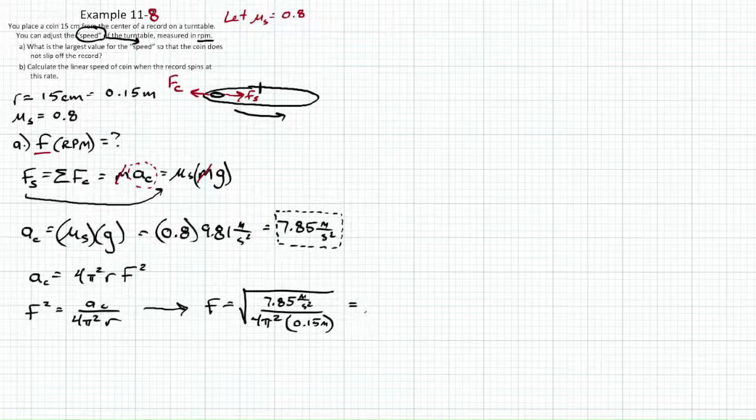And I actually have to calculate this here because I added this. I actually changed this and I added this at the very last minute, so I don't actually have this done here. So I'm calculating this right when you are. 4 pi squared times 0.15 squared, I get 2.9, we'll just say 3.0